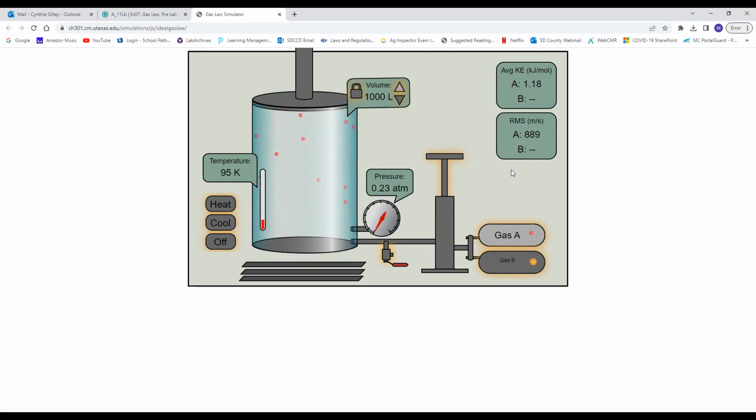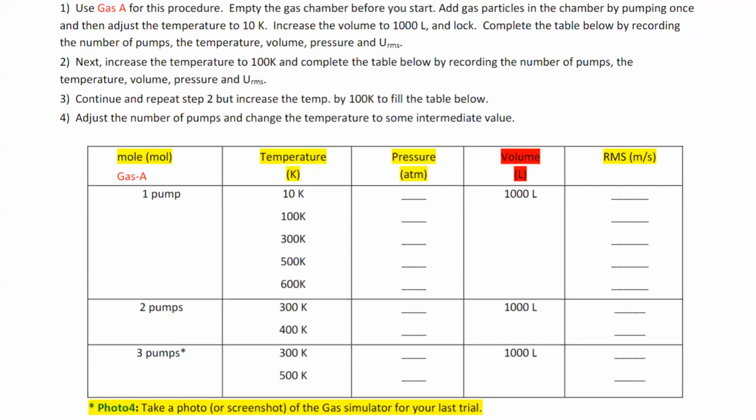There's 5 different temperatures we're looking at with 1 pump. Then we'll increase to 2 pumps, look at 2 different temperatures, record pressure and the root mean squared. And then we'll do 3 pumps at 2 different temperatures. We'll record the pressure and the root mean squared. So that should be fairly straightforward. I'm sure you're getting used to the simulator by now, right? And make sure you're taking your screenshot